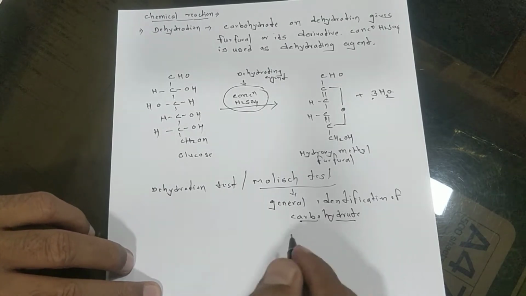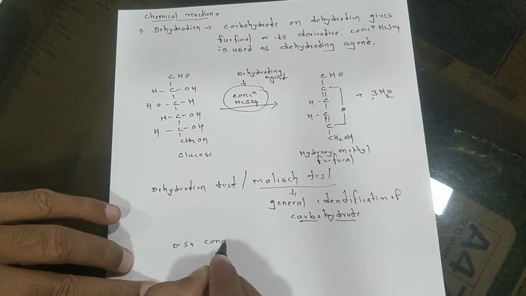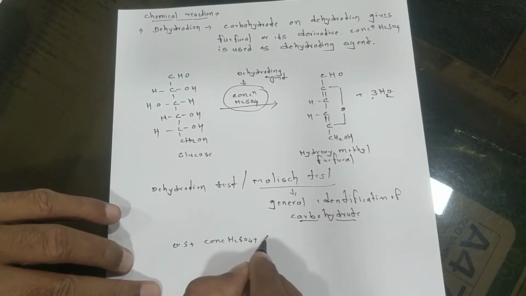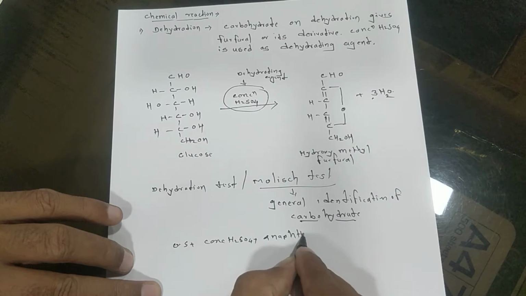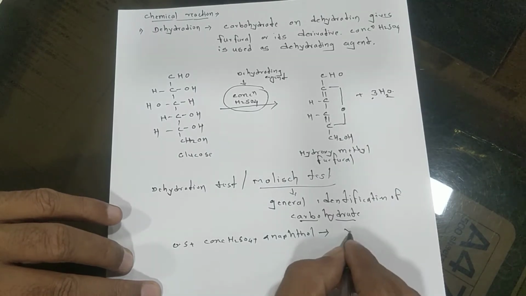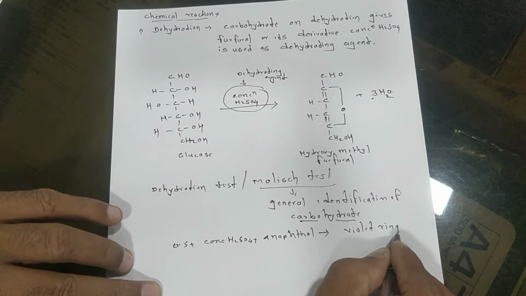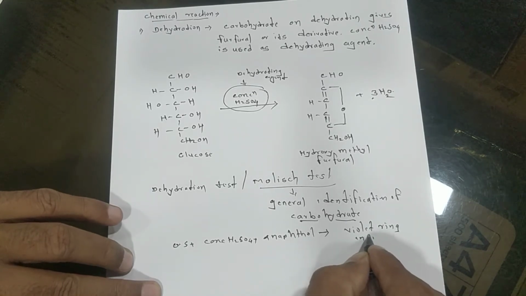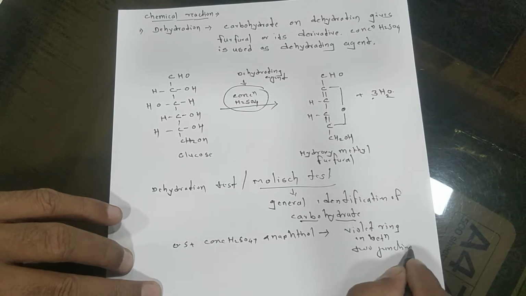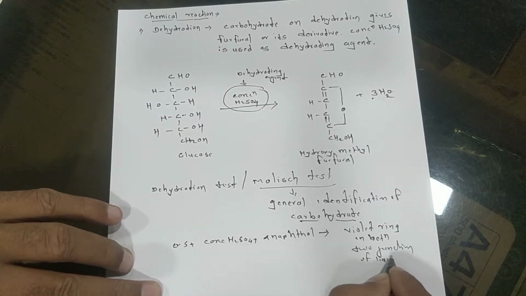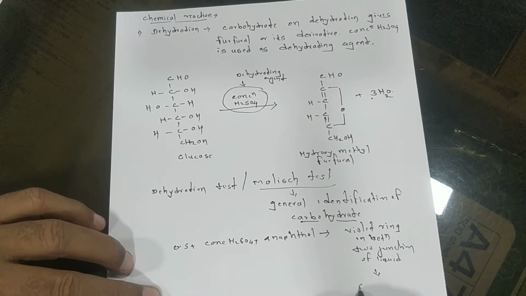That test reacts with alpha naphthol. Now in the Molisch test, original solution plus concentrated sulfuric acid H2SO4 plus alpha naphthol gives a violet ring in between the two junction of liquid. The violet ring at the junction between the two liquids will appear. That ring indicates the given sample is carbohydrate.